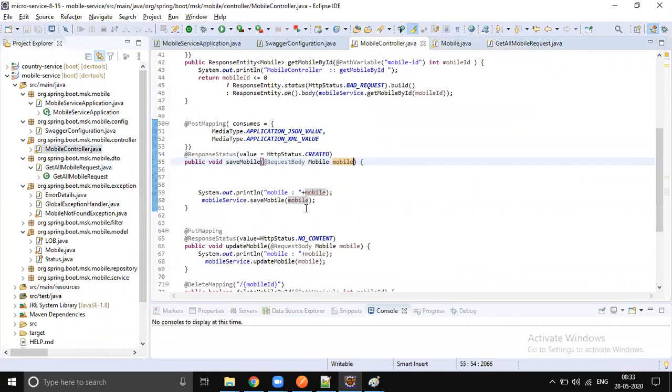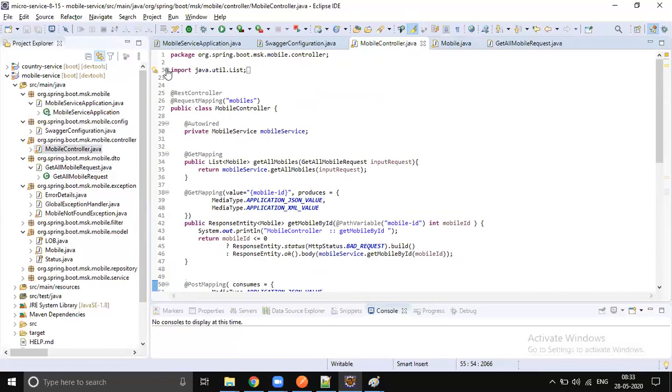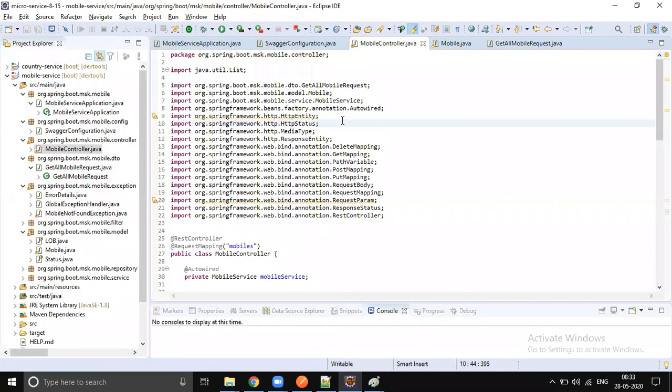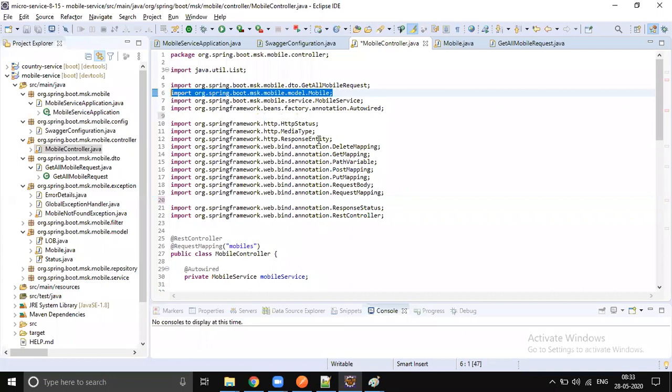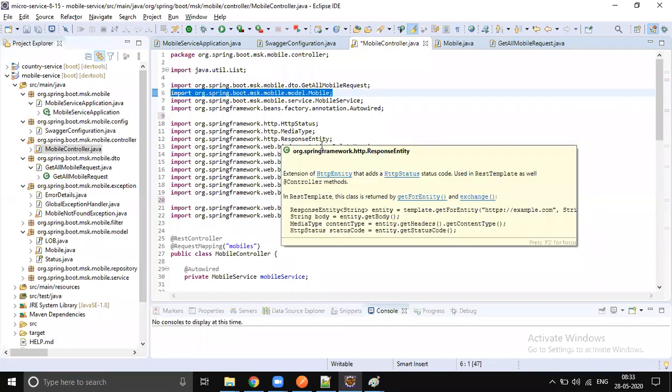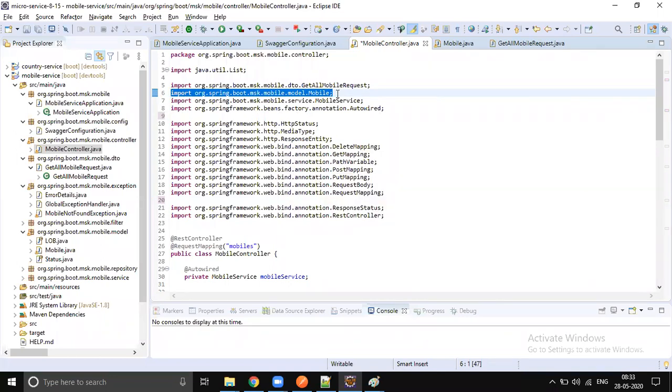In the controller class, we're not supposed to use the mobile model class. It's not supposed to be used there. This class has to be used only in the repository and in the service. Controllers should not know which class we are going to use for database purposes.